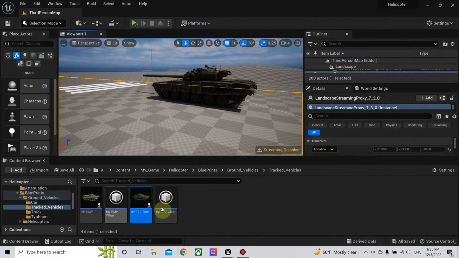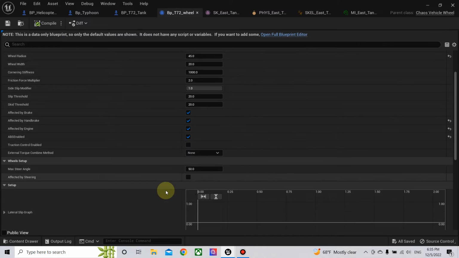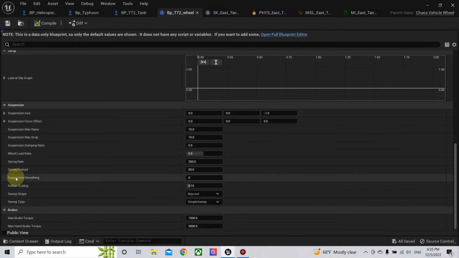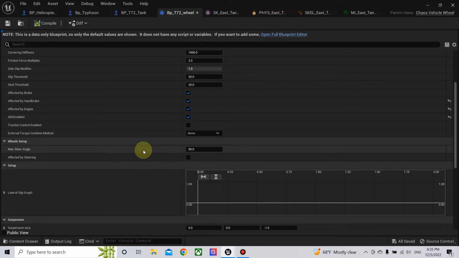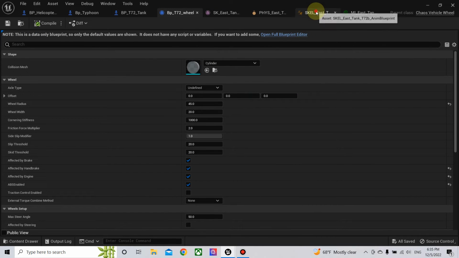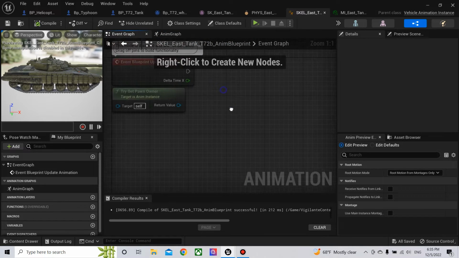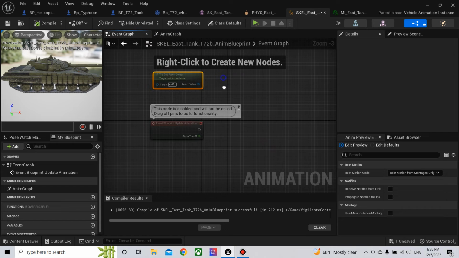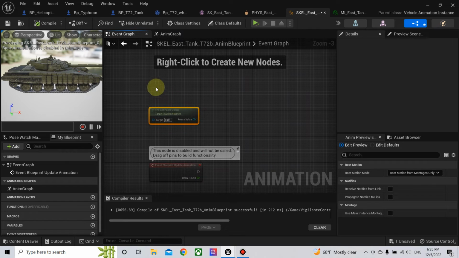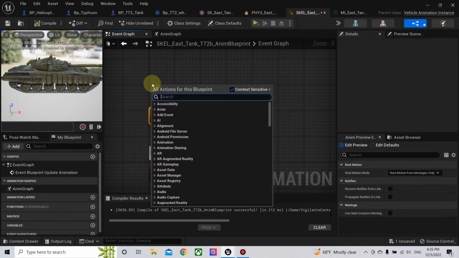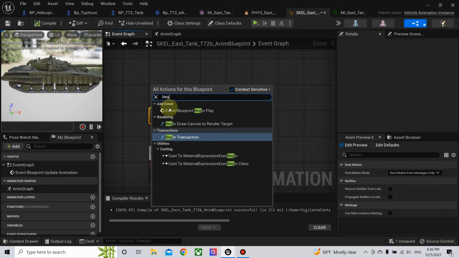To prevent it from rolling over or flipping, increase the roll bar scaling to 1. Now I will add the turret controls. Begin to play. We need